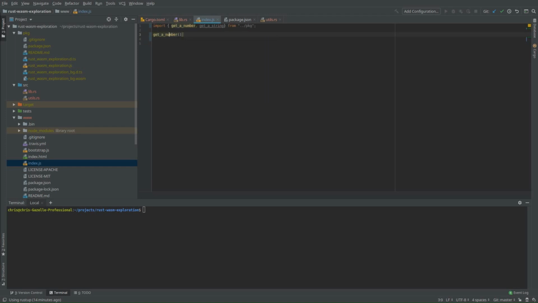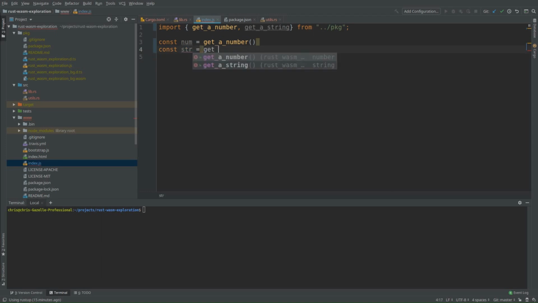And so now we can call get a number here, and we can just assign it to a JavaScript variable. So we're now getting back that 42, and we're assigning it to num there. And we can just as easily do the same thing with our string value. And now we can do whatever sort of JavaScripty things we want to do with them. Console log them, add them, append them, general ES6 fun. So num is num, and str is, you guessed it,